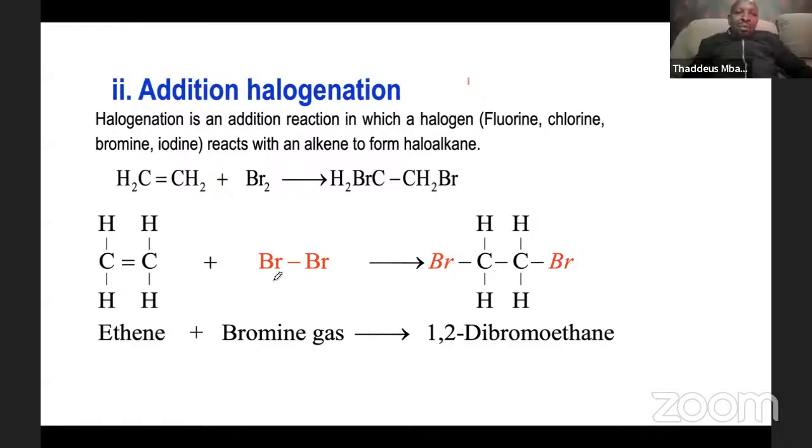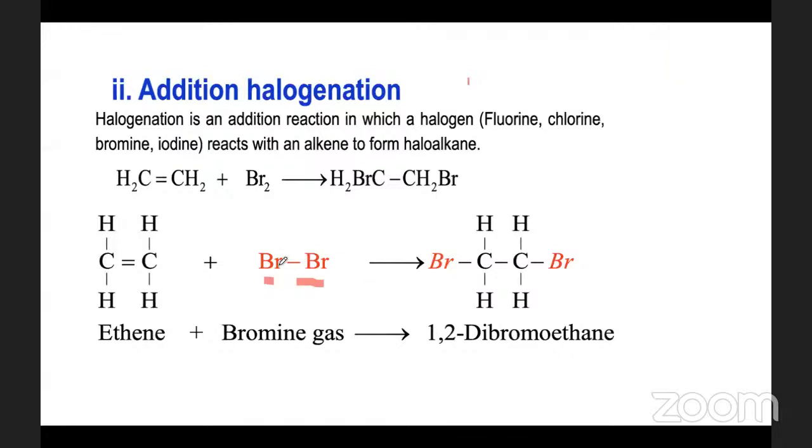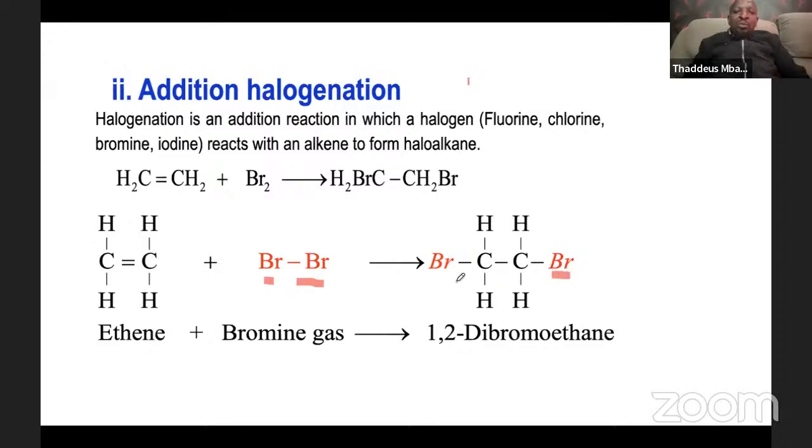So it's just the same. The only thing that we are changing here is that instead of hydrogen it is now bromine. So the same thing will happen. The double bond will change to a single bond. A bromine atom will be added to each side. And now the name becomes 1,2-dibromoethane. There's a problem here. Let me see.